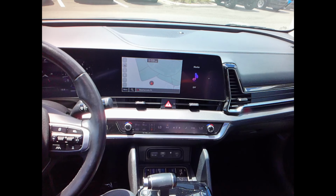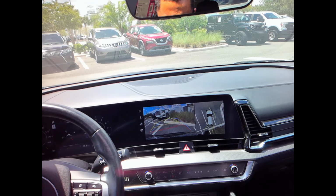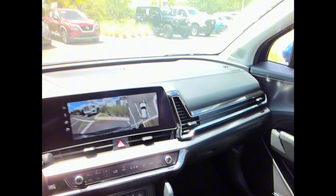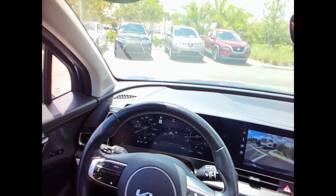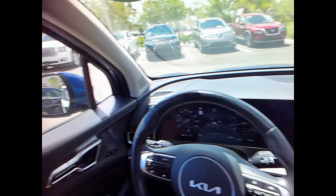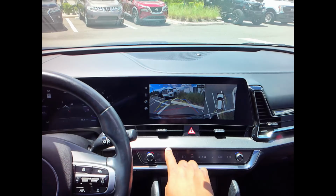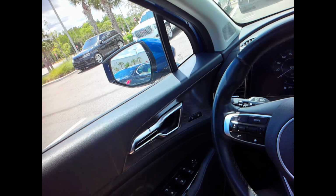You have heated and ventilated seats, heated steering wheel. You have the 360-degree camera with the blind spot monitoring you can see there on the door. It does have the Harman Kardon sound system, as well as the dual climate control, wireless charging pad, and the driver assist system that you have from Kia. I really like even the design. It almost looks masculine in the sense of that almost steel gray looking design that you have going all the way across the dash and into the doors. And the door handles look really cool, as well as the